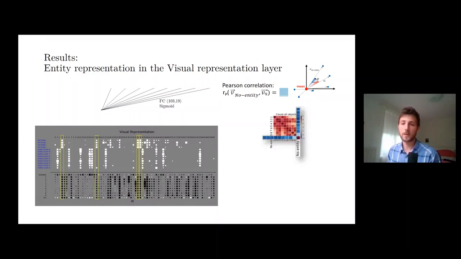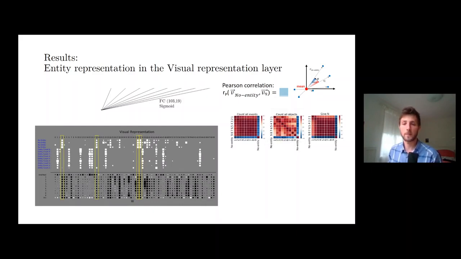The blue colored grid cells show the low correlation between the activation in situations when there is an entity counted and when there is no entity counted. The red colors show that the activations correlate highly when an entity of any number is counted. Very similar patterns are visible for all tasks. A further analysis revealed that there are nodes which do not distinguish the type of entity in the different tasks.